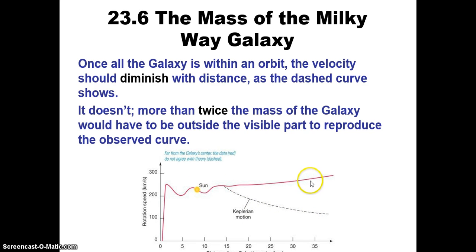This was not expected. This is what Vera Rubin discovered: even at the edges of the galaxy, the speed of the stars is the same, so there must be something out there in the halo that's causing this speed that is almost flat and even increases a little bit as you get